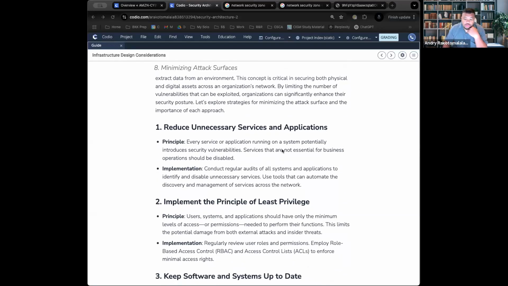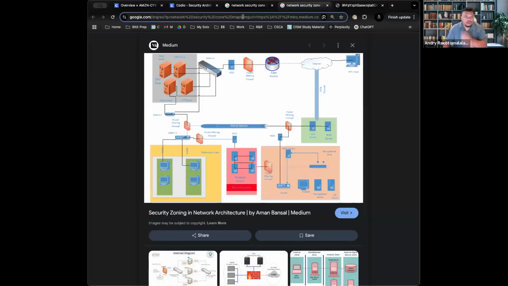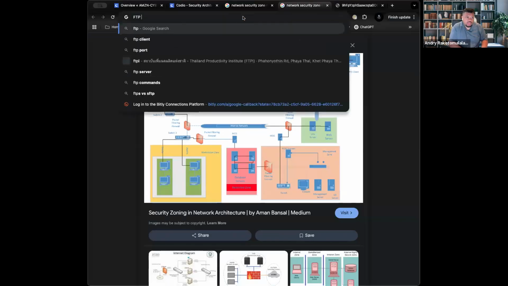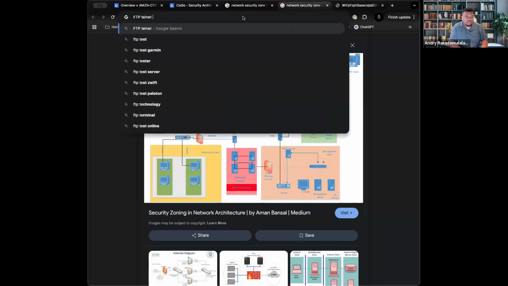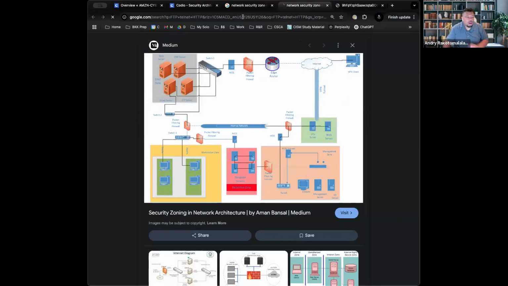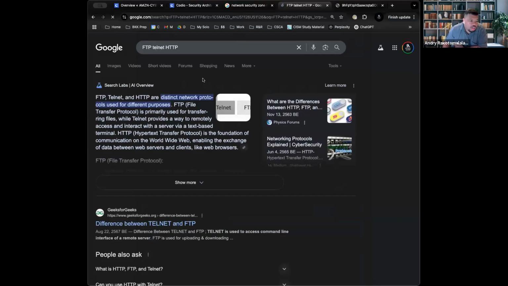Well, you can do what we call turning off unnecessary services. If you remember, I mentioned that some of the services that exist out there are like FTP and Telnet and HTTP. All of these are unsecure protocols and services, and more often than not, they should be turned off if they're not being used on that network.